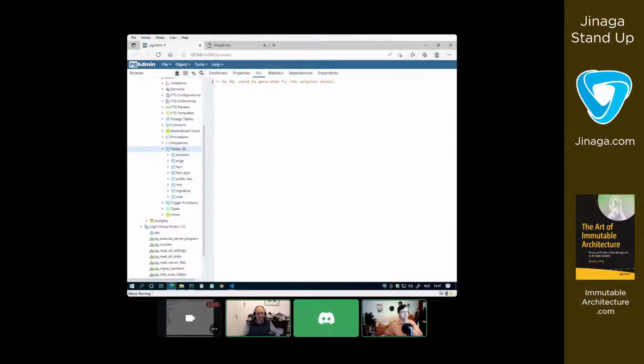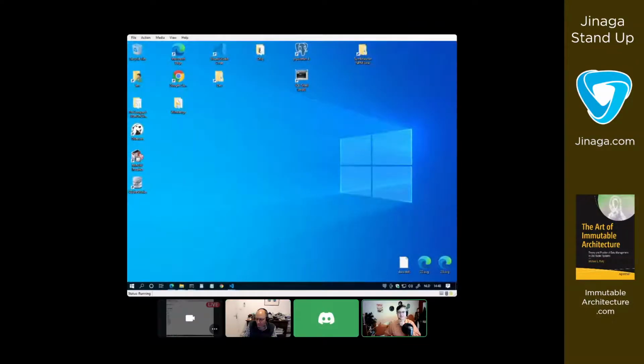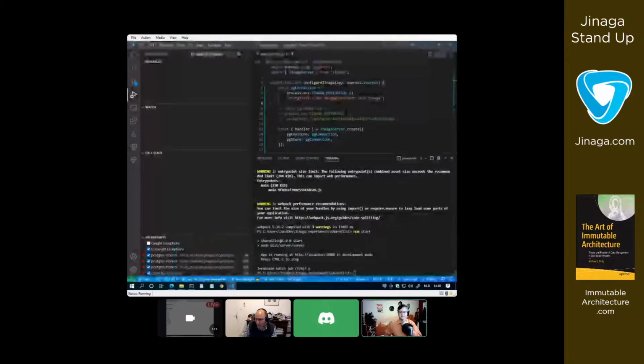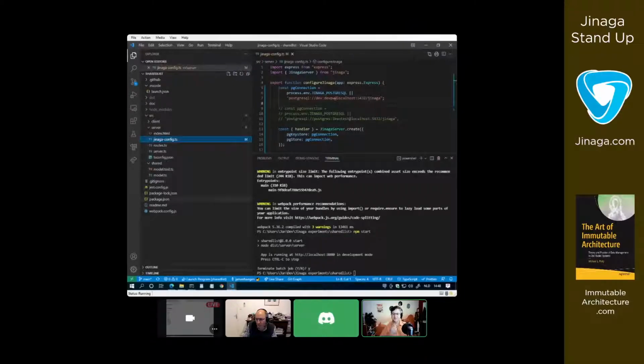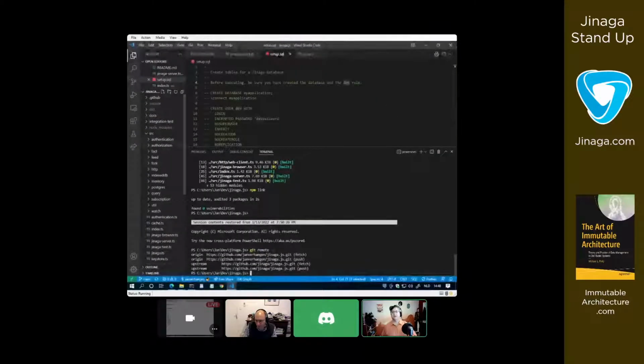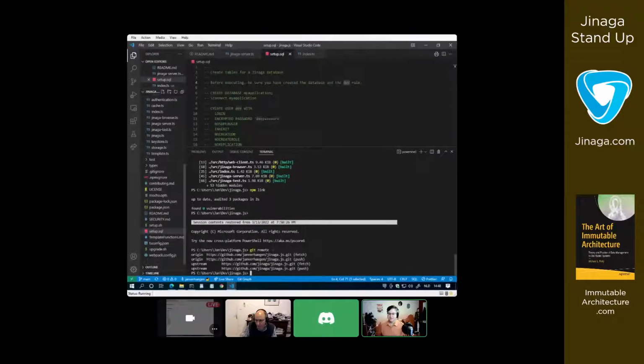Right. There's a little bit more. If you take a look in the Jinaga project, you'll see right next to setup SQL there's a setup.sh. Of course, you can't run a shell script on Windows, but you can still see the thing that's missing. Oh, I'm expecting it in Jinaga itself? Oh yeah, not shared list. It's in Jinaga. Yeah, so setup.sh.